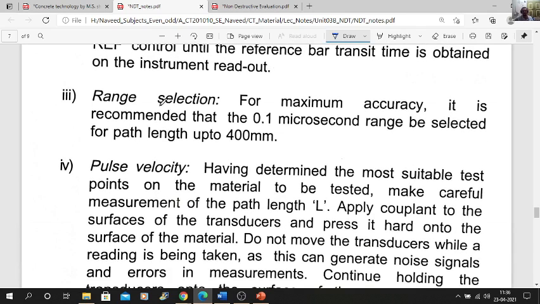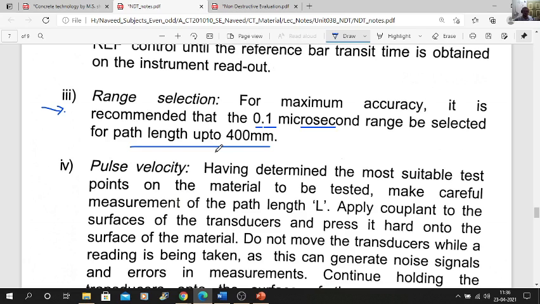Reference set, then the range selection is there. For maximum accuracy, it is recommended that the 0.1 microsecond range be selected for a path length of 400 mm. So it depends on the thickness of your member.